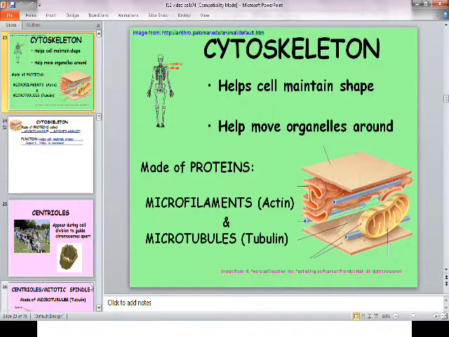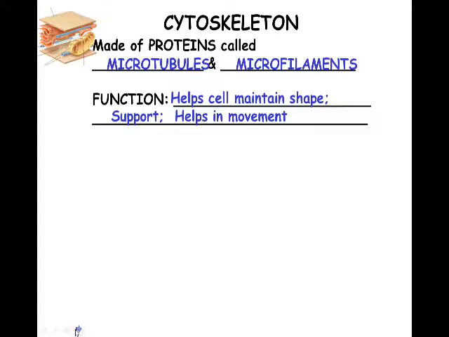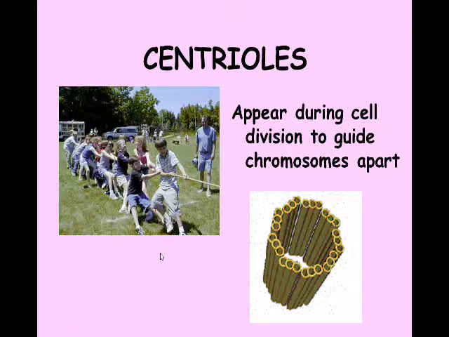Okay, let's go back and we're going to talk about another important cell part, which has to do with moving things around inside of our cell, and that is the centrioles. Centrioles are only in certain kinds of cells, and they're only there at certain times. And they look kind of familiar. Look at the shape of this. It kind of looks like Kraft macaroni and cheese, only a whole bunch of them all hooked together in a really cool pattern. This is centrioles, and they are made out of microtubules. Those microtubule proteins are arranged in this pattern,